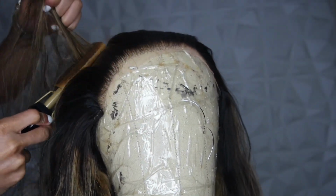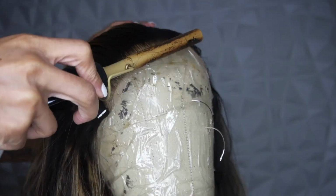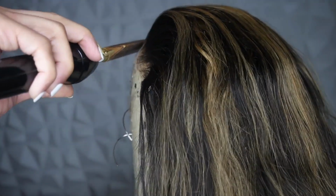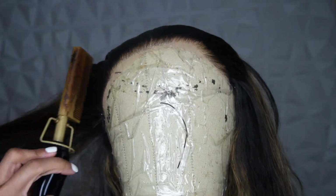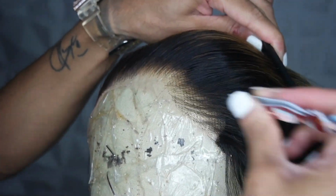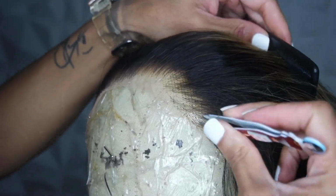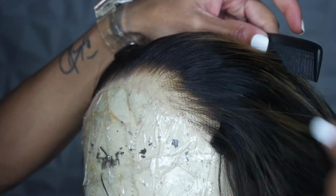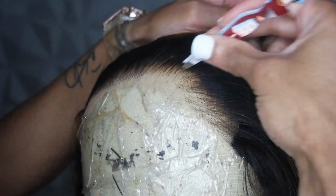So it came with a pre-plucked-ish hairline. Clearly it's not edged up. This is how it came. But I did want to go in and kind of take some of the bulk out. I'd say bulk very lightly here, but bulk out just because I wanted it to look more natural in the front, because this doesn't go all the way around. So I wanted to make sure that the amount of hair that was to the front was as little as possible, because I like for my frontals in the front to be